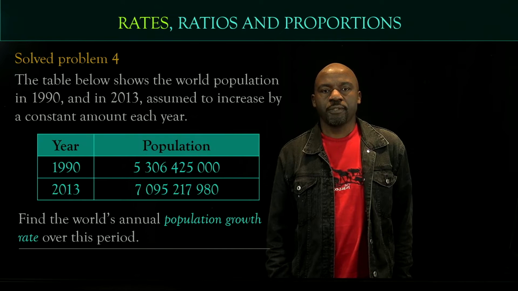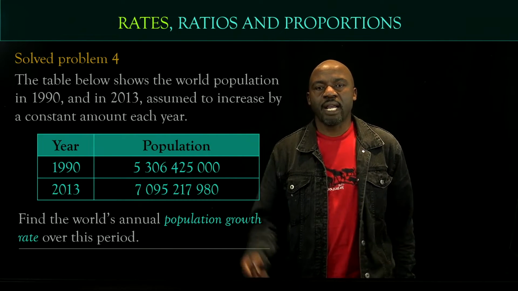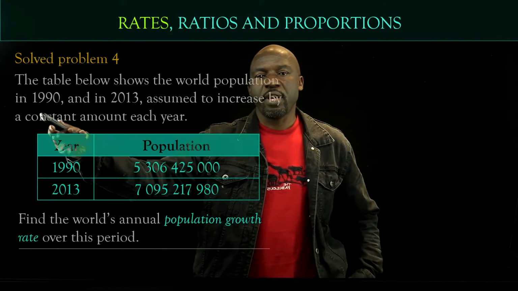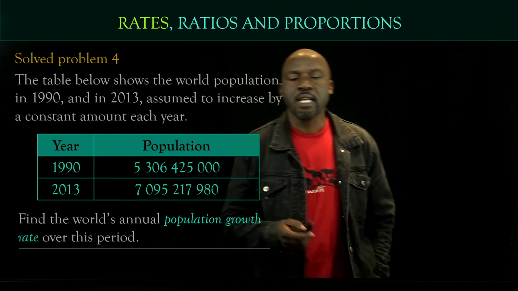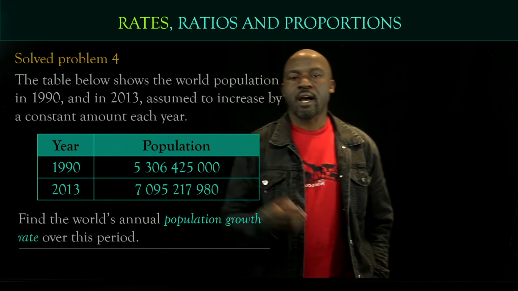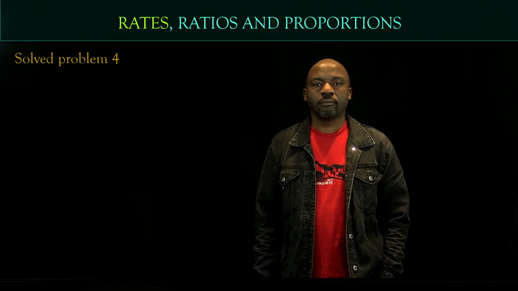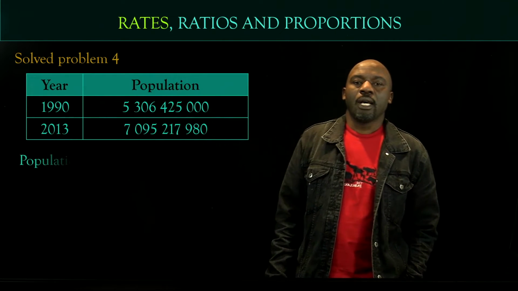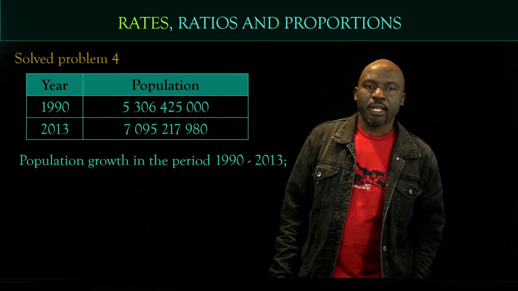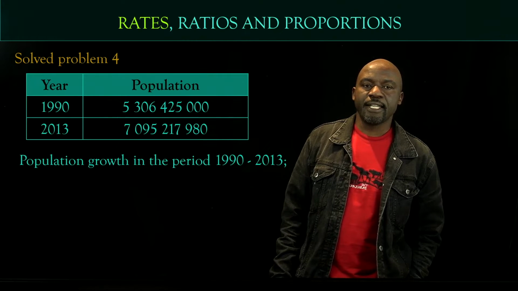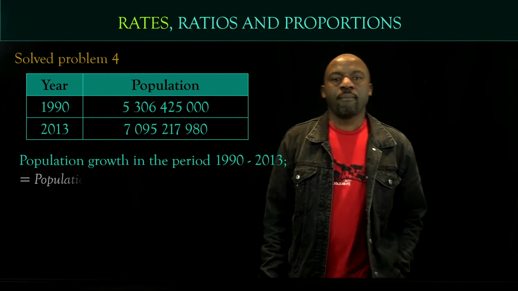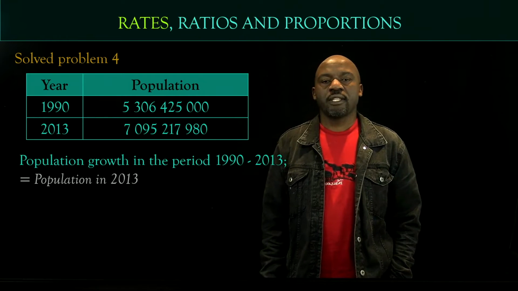Well, to answer the question, we need to know by how much the population increased between 1990 and 2013, and we need to know how many years those are. Okay? So, same problem. So the population growth in the period 1990 to 2013 must be the population in 2013